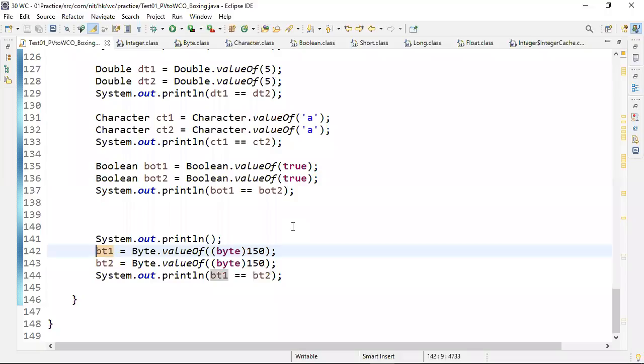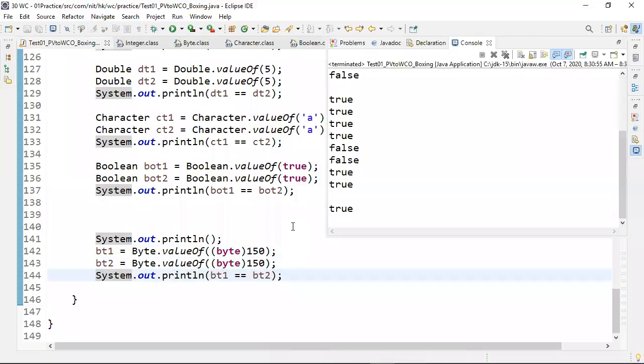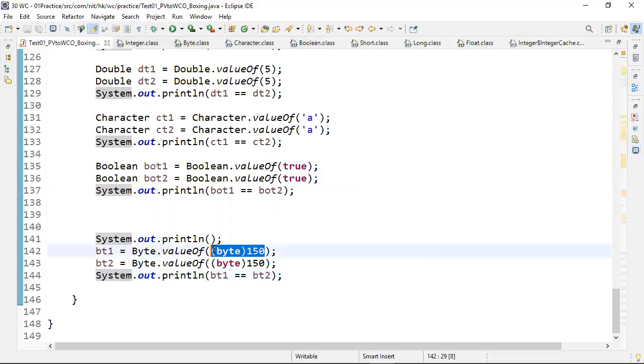Hey, why are you getting true? 150 is typecast to byte range, right?